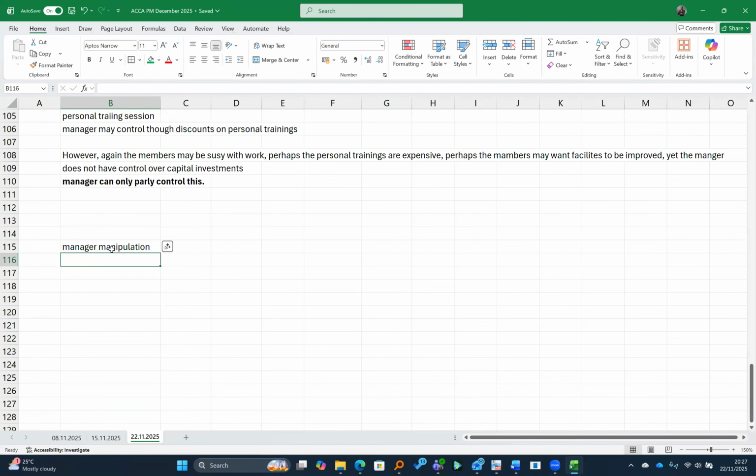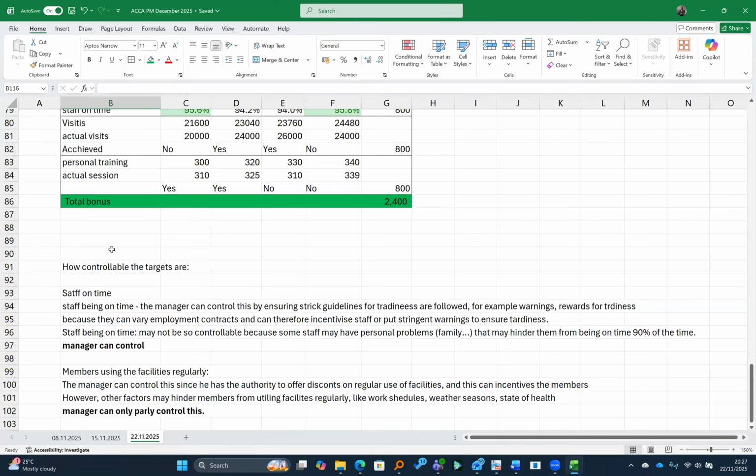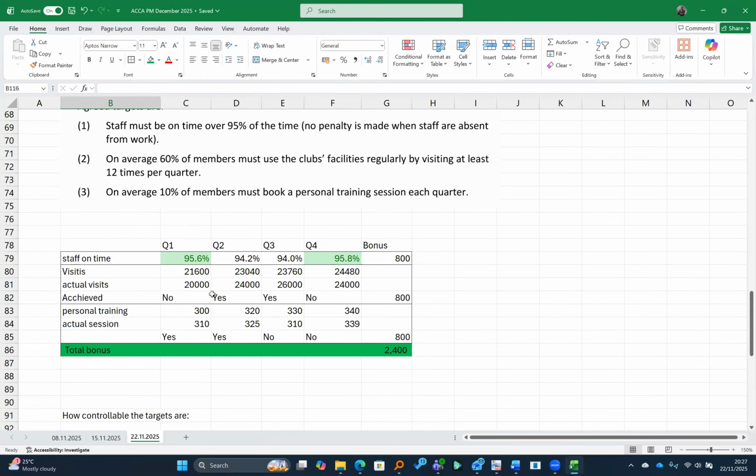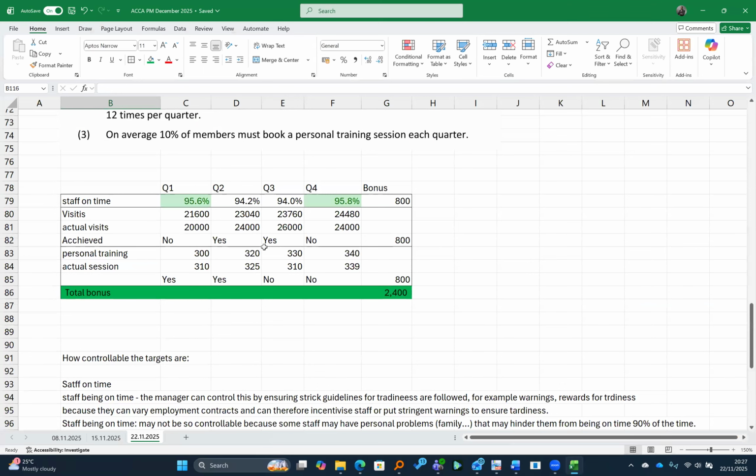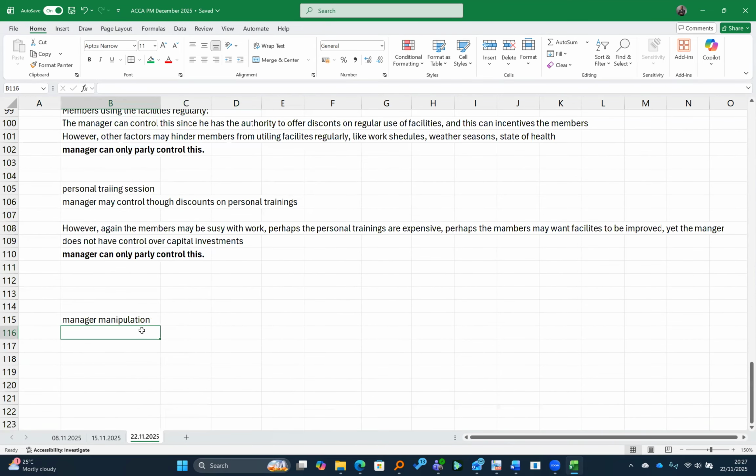So the first thing that the manager can do, remember these things are done per quarter. So you can see that, for example, in this first quarter where I'm not reaching, I am at just 20,000 when it should be 21,600. And here I am at 24,000 when I have 20,040. If I shift some of these things to the first quarter, I may hit the quarter first. So we may experience what they call cutoff, where a manager